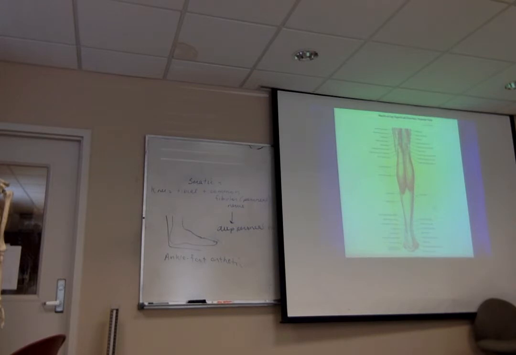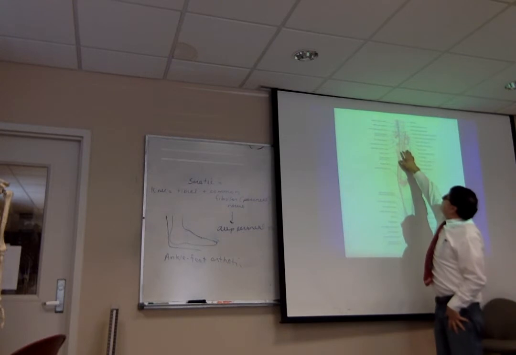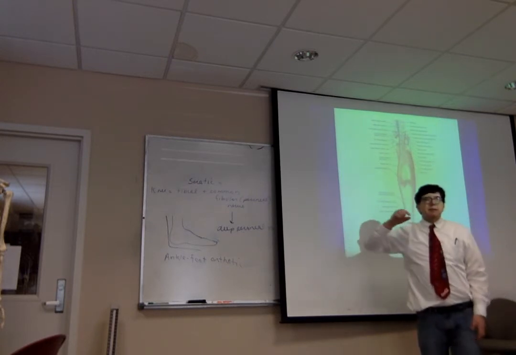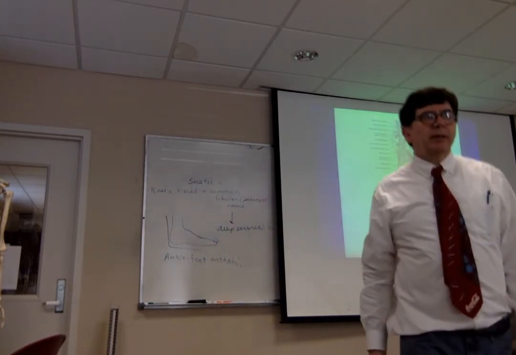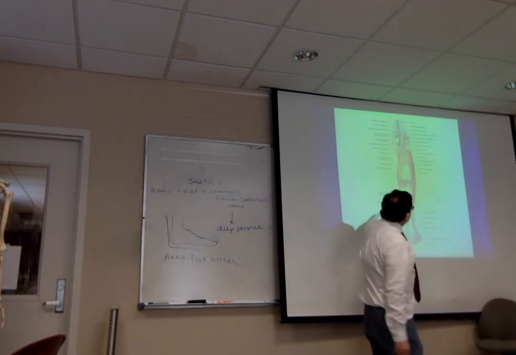The last muscle that's on your list is called the soleus, S-O-L-E-U-S, and it sits deep to the gastrocnemius. You have to remove the gastrocnemius, as we've done here, in order to see it. Now, it's going to originate not up from the femur, but below that, from the tibia and the fibula. It's going to originate from the proximal tibia and fibula, and its tendon is going to join the tendon of